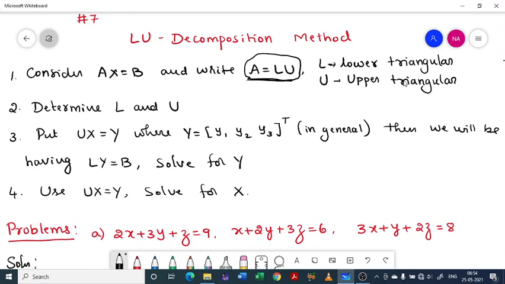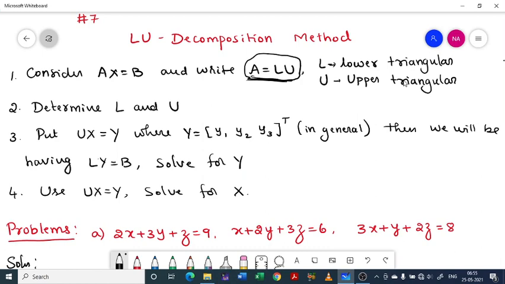Just to make you know about that idea, we have adopted this LU decomposition as one of the methods to solve a system of equations. Whether it is easy or difficult to solve a system of equations, that is not the matter. Our intention is to make you know this, especially for E and C students and E and E students. You people are going to use linear algebra more.